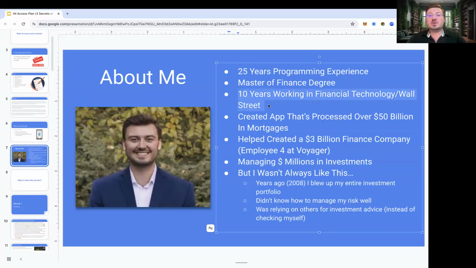But I've also worked on Wall Street for a number of years. I worked at a bunch of different Wall Street companies and in a bunch of different fintech companies over the past decade, including one company called Greystone, where I basically worked for the CEO, his son, and